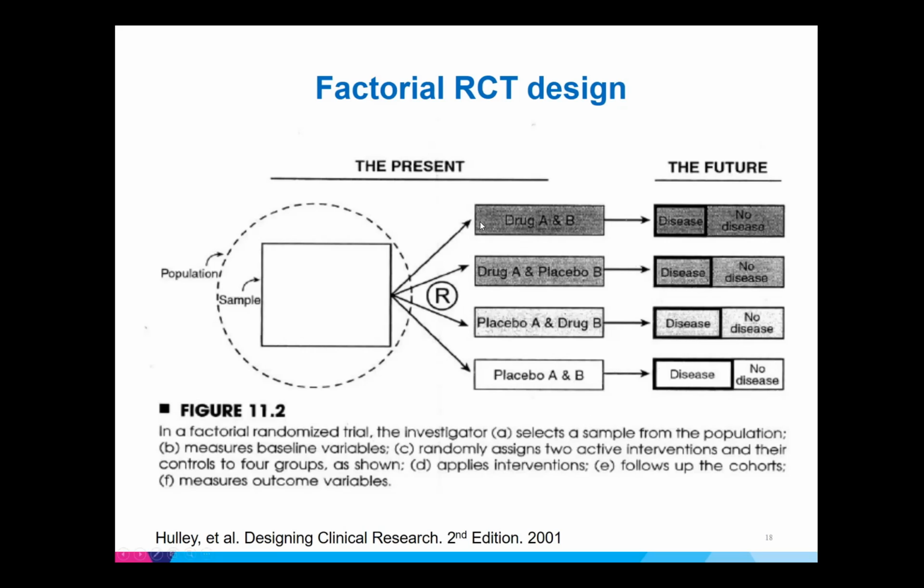Because the problem with this is you really are not having 4 arms, and you really need to make sure that you have enough sample in each of these arms, because you don't want this outcome to not be significant because you're underpowered. So that's one of the first things, making sure you have the prevalence of whatever you're looking at, or comorbidities, demographic factors. And then it's, okay, now can I put them in 4 arms so that I actually have enough sample here